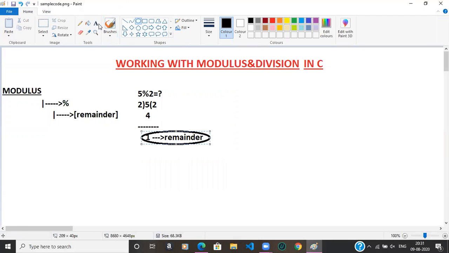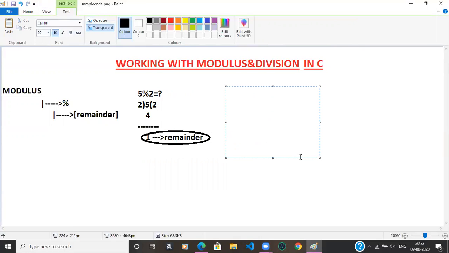One more thing we will see. If I want to perform the operation between two floating points, 5.0 modulus 2.0, what is the result? Anybody guess?